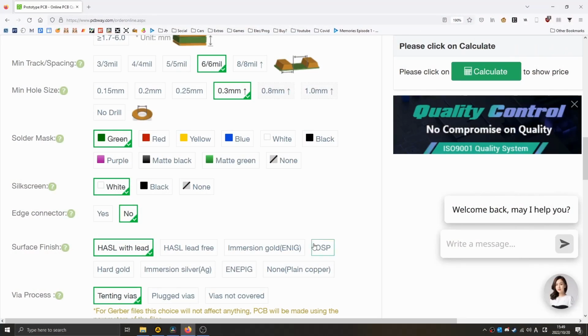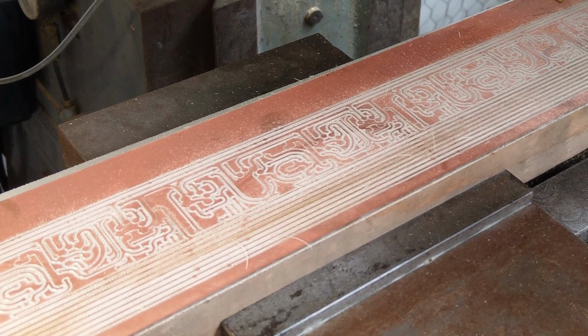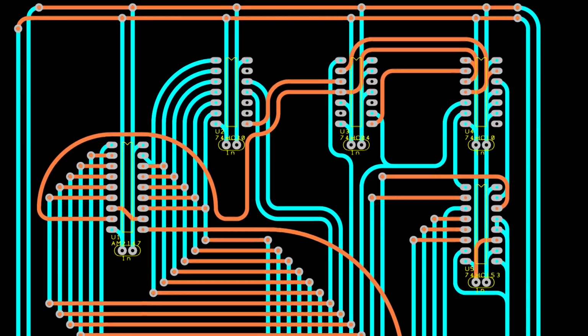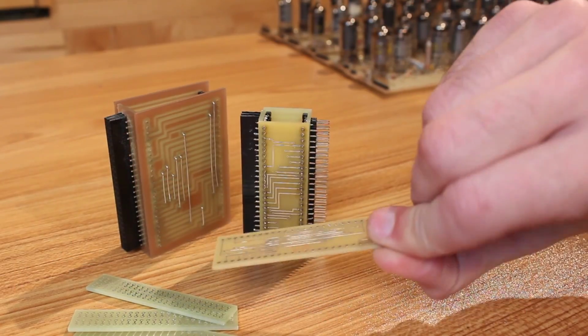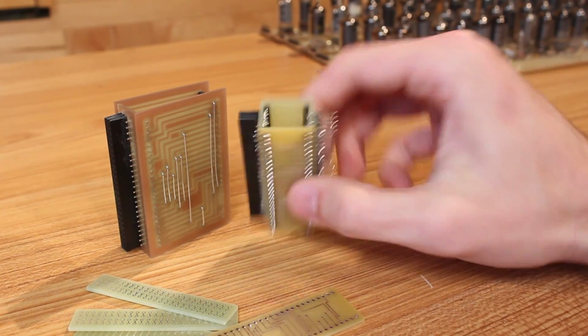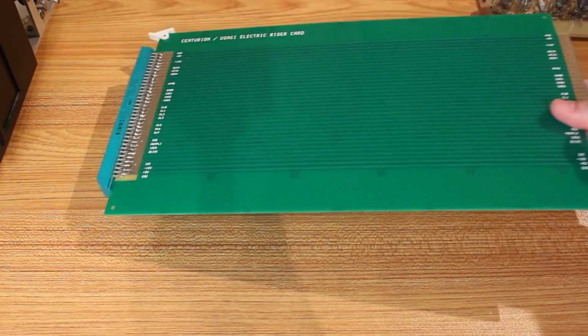You don't see PCBs made like this much anymore. I particularly love this look because it's very reminiscent of the types of PCBs that I cut on the mill, but also I have a project coming up in the future that I'm going to need to order PCBs for, and I want them to look exactly like this. So I'm actually really happy with how these came out. So thank you so much, PCBWay, but that's not the only thing that you guys made for me,